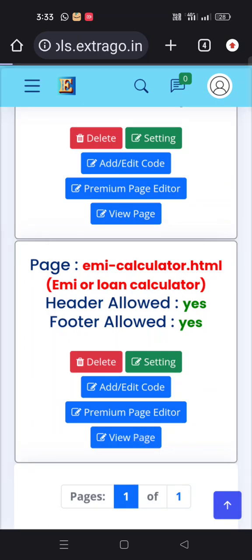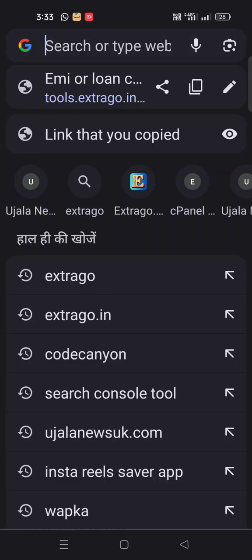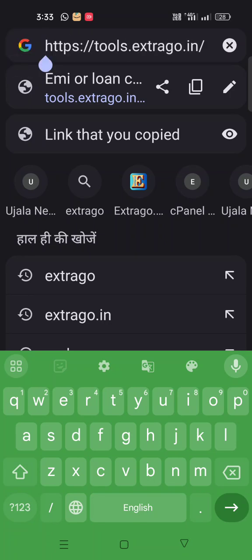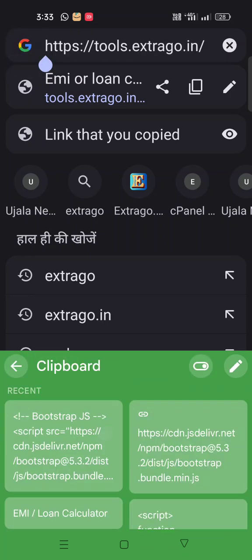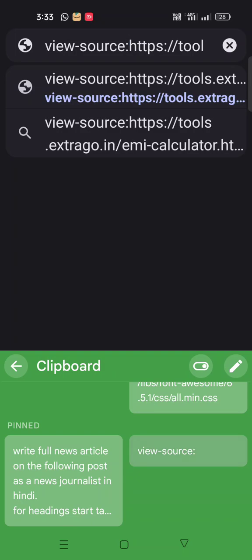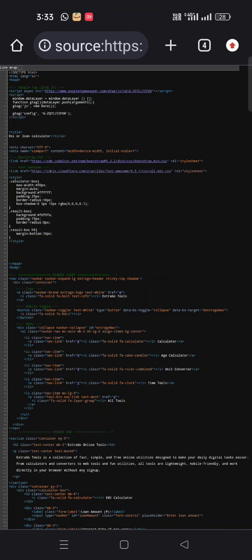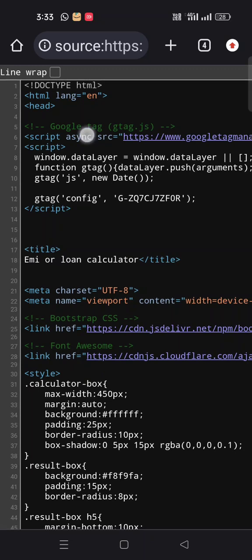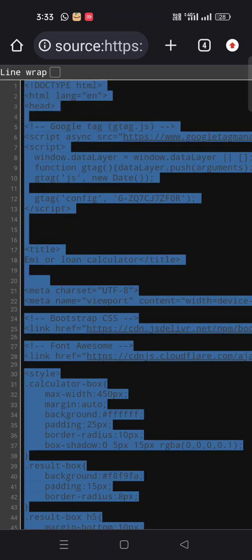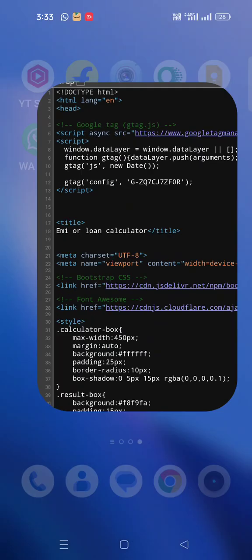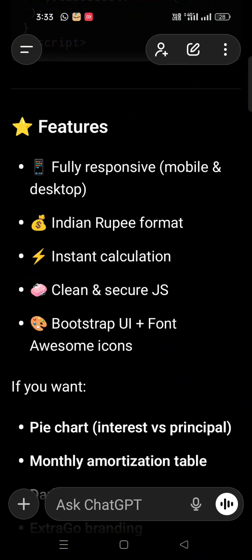Okay, let's open the page, edit the URL section, and type here view source. Okay, view source, and press the go button. Here you will get the full code of the website. Now select all and copy, and put this inside the AI tool ChatGPT.